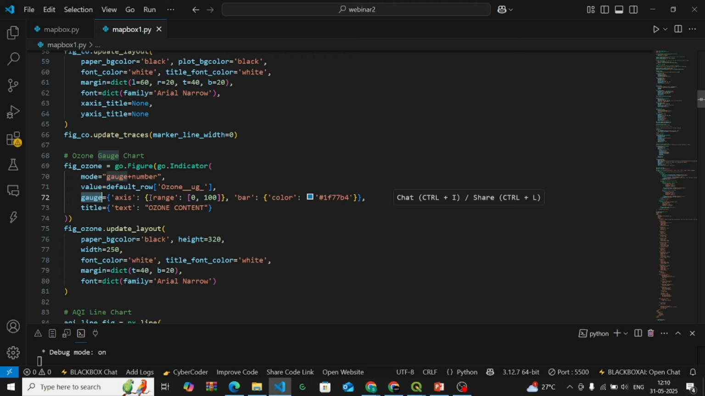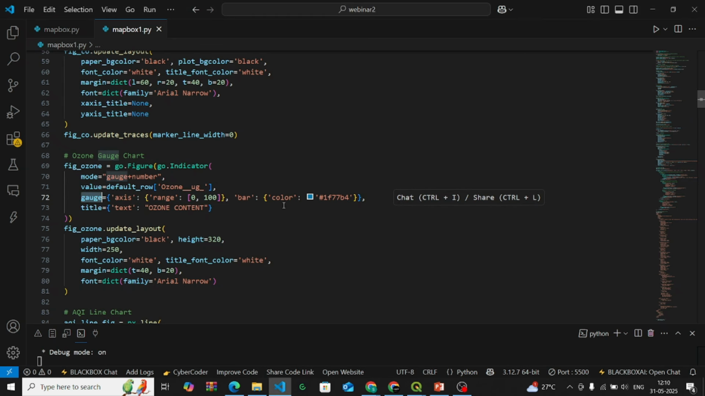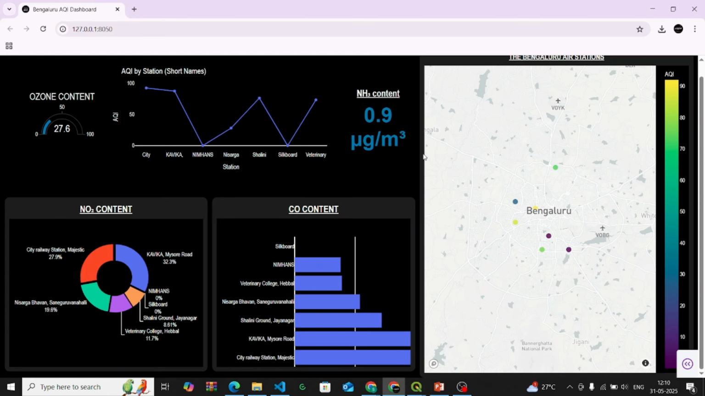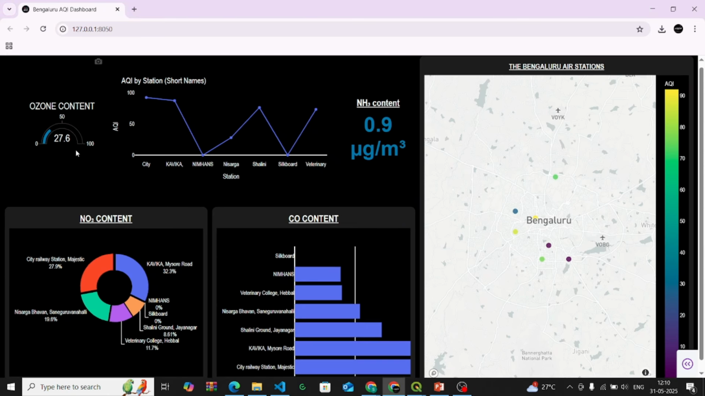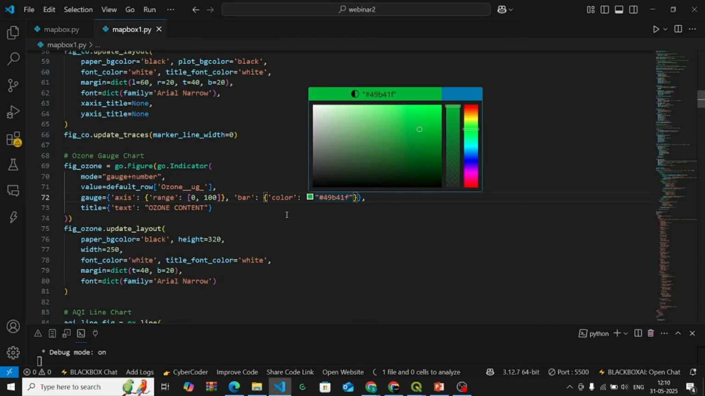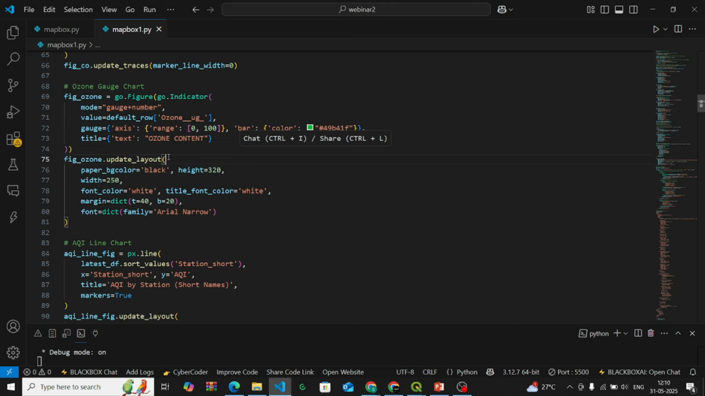And in the gauge, I've given the axis range 0 to 100. You can see it here, it is from 0 to 100. You can change it according to your data needs. And the color fill inside it will be blue. You can change it to green, and for that to get updated, I have to rerun the code. We'll see that later. So this is the title I've given, that is ozone content, and also in the update